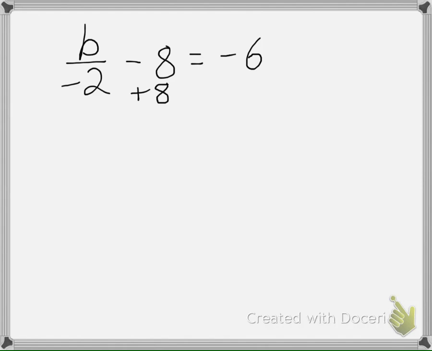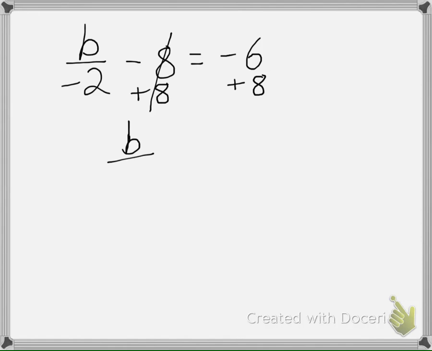And the final question from the notes, we have b divided by -2 minus 8 equals -6. So the first thing we need to do, as always, is to get rid of the addition or subtraction. Subtraction in this case. So I'm going to add 8 to get rid of the subtracting 8. And that means I also do it on the other side. Really important that you always show your work on both sides. The 8's cancel, leaving me with b